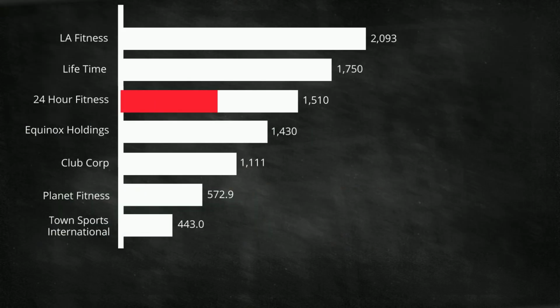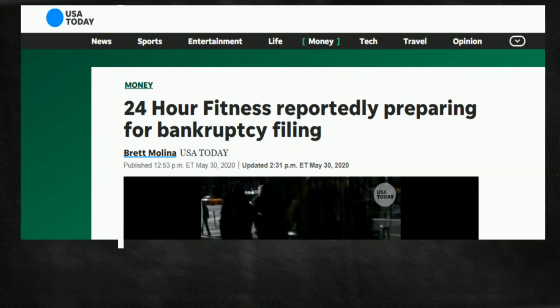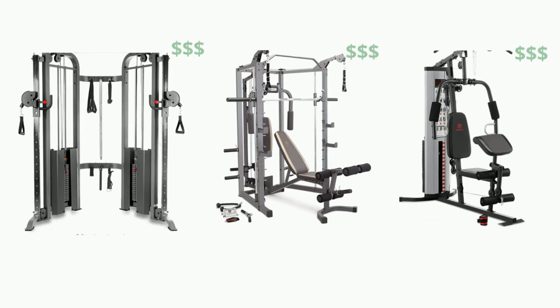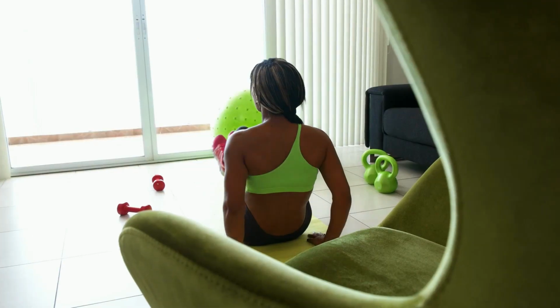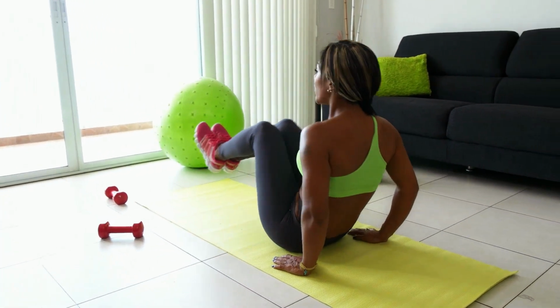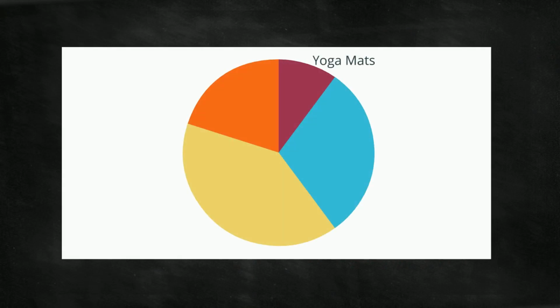24 Hour Fitness, listed third by market share, is on the verge of bankruptcy. A single piece of gym equipment can average at $1,000, and when scaled up, increases the cost to 6 figures. As far as gym goers are concerned, they are beginning to employ alternate means to level with their fitness goals. Following this shift, the household spend on exercise equipments increased, and at the center of it all, one underrated accessory